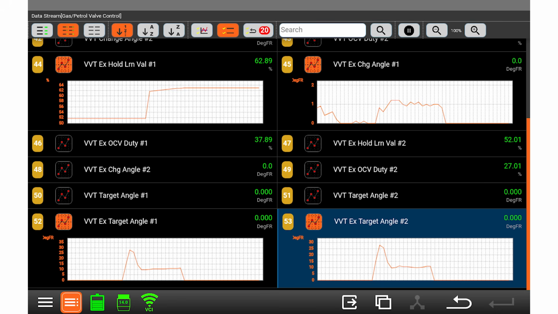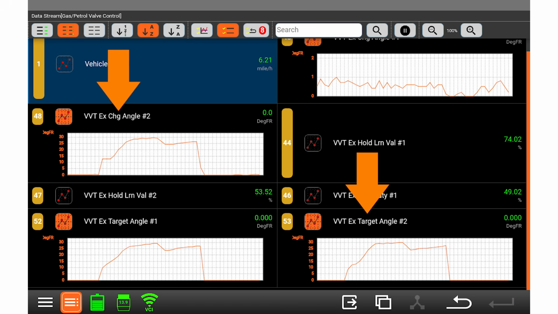Let's review that data. Bank 1 exhaust target angle matches bank 2. The ECM is trying to control camshaft angle. Bank 1 target and bank 1 change angle do not match. Even with a 25-degree target, the change angle is pretty much 0 degrees, compared to bank 2, where target and change angle are mirror images, what we would expect to see with functioning